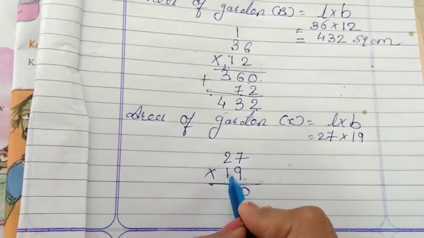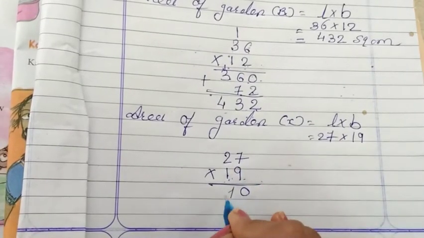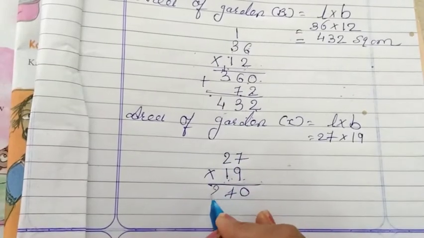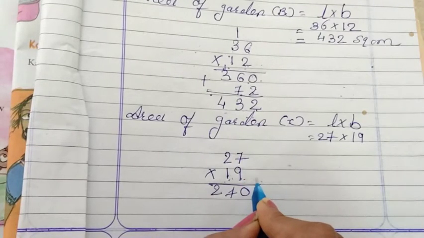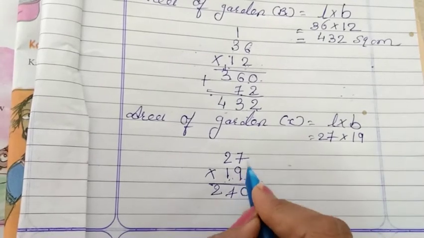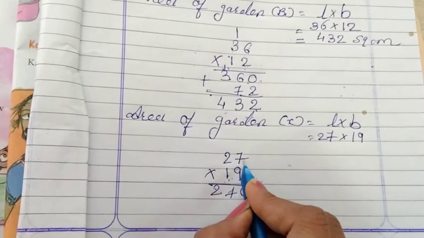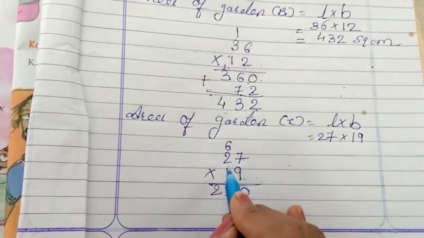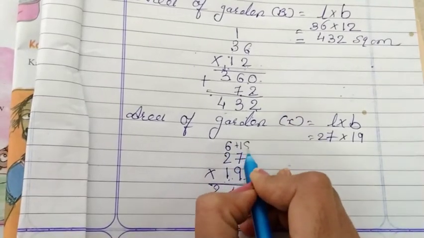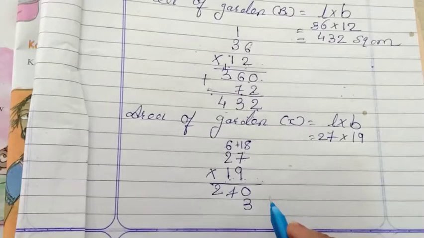Now 1 with 7, 1 seven is 7 and 1 two is 2. 1's turn is over. Next 9. Right side of 9, no digits are there, so no need to write any 0. 9 sevens are 63. 3 is here, 6 is going forward. 9 twos are 18. So 18 plus 6, 24. Let's count from 18: 19, 20, 21, 22, 23 and 24.